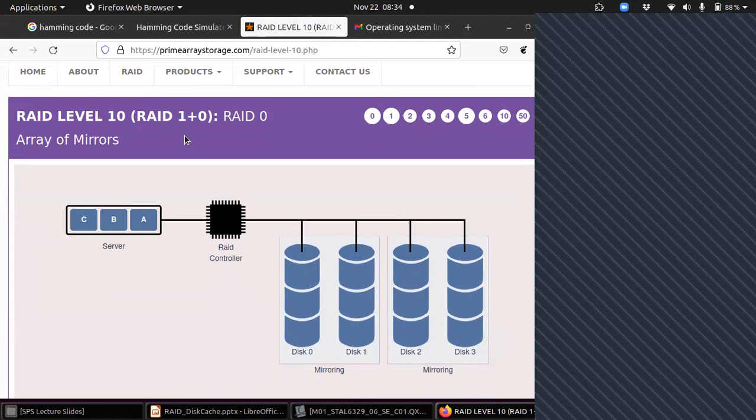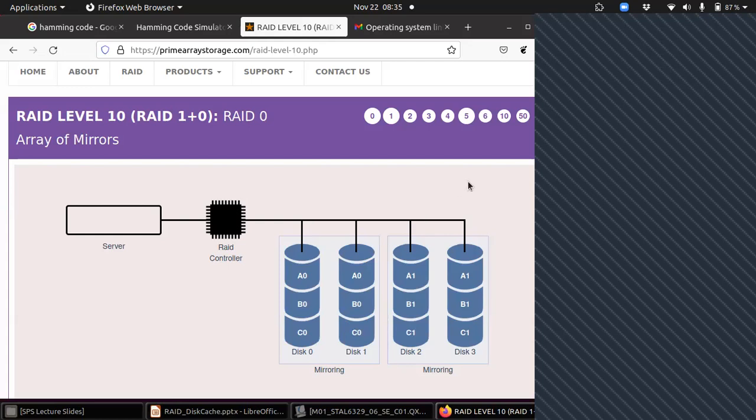But what is RAID 0? Striping. Okay. So now you just see here. What is RAID 10? Data A is striped A0, A0, A1, A1. So within this it is mirroring, but then this is striping. Are you getting? Disk 1 is a copy of disk 0, disk 3 is a copy of disk 2, and between these it is striping.